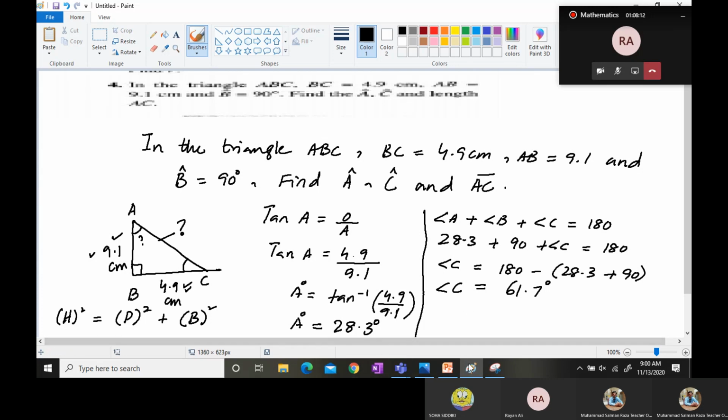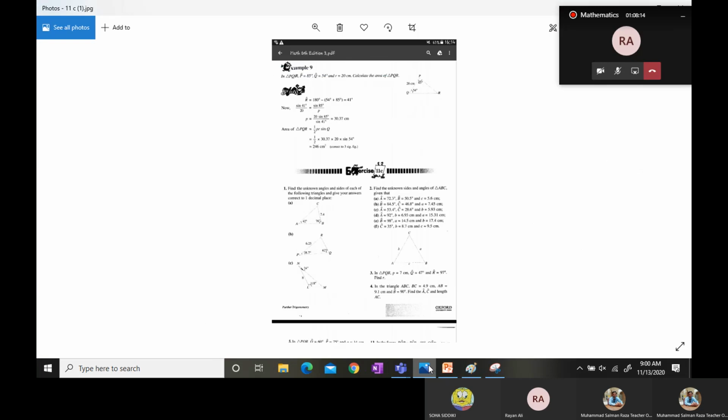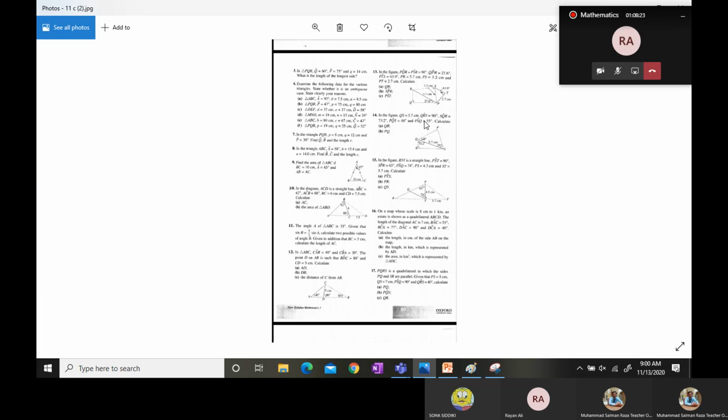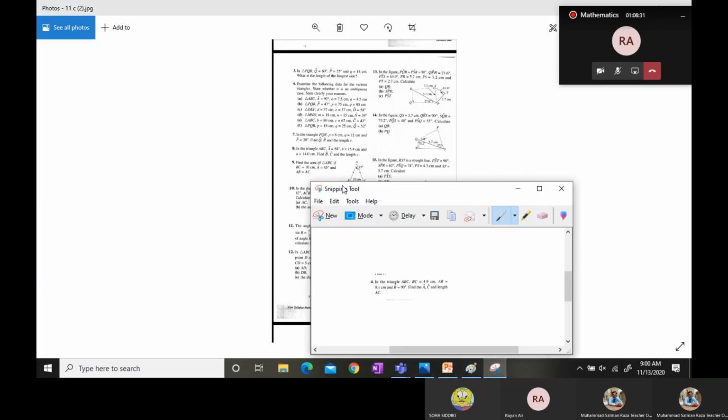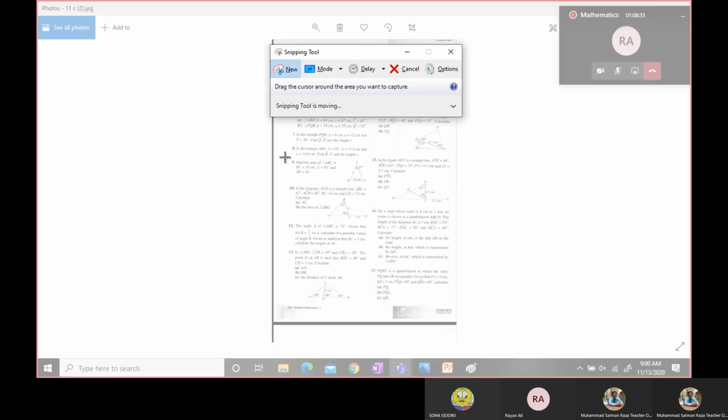The sine rule could not be applied in this question. So we are again hunting for a question where we can apply the sine rule easily. And yes, I have got a question for the sine rule, and this is over here.